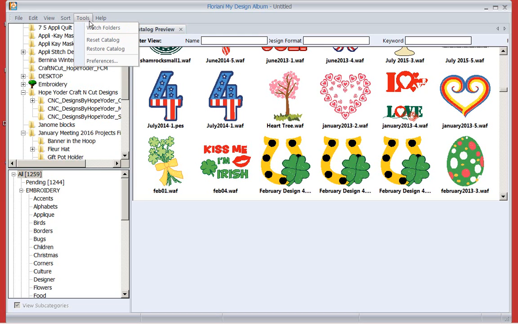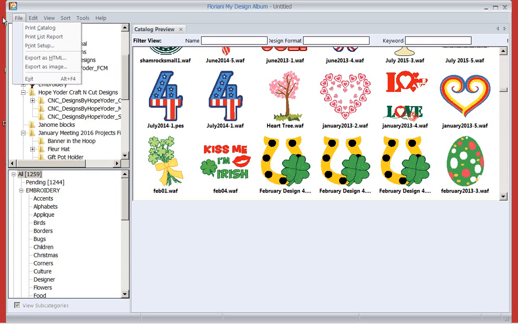Your tools, again, we've talked about the watch folders. We've talked about the preferences. You can reset your catalog, which means it's going to reset to start over. You can also back it up, so you can reinstall it, and you can restore it. So again,